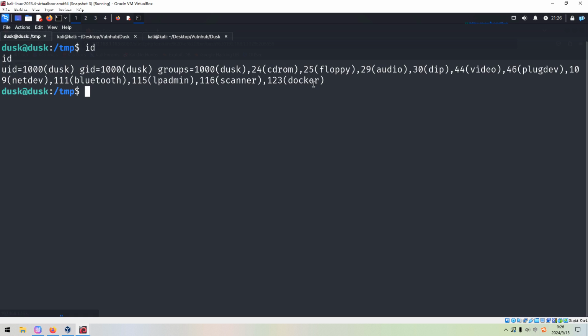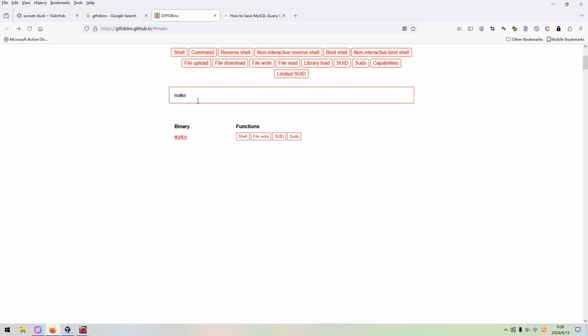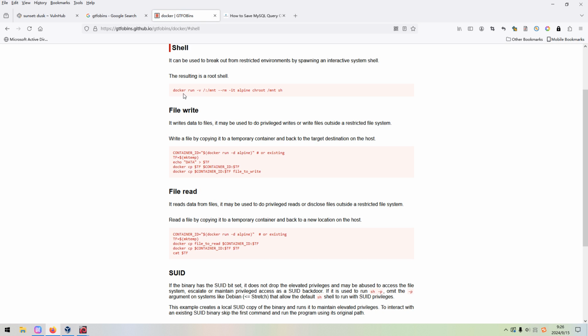So I think the privilege escalation can be done by exploiting the docker command or binary. However, how to do it? We can search docker and shell in GTFOBins. And what we do is run the commands.